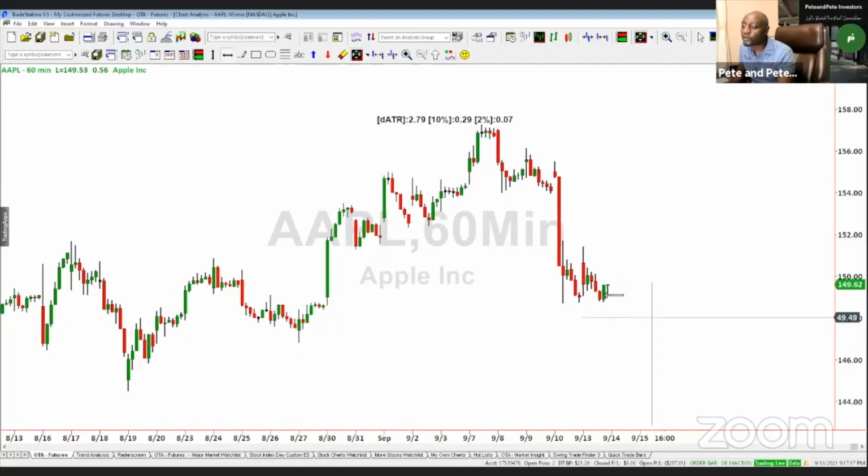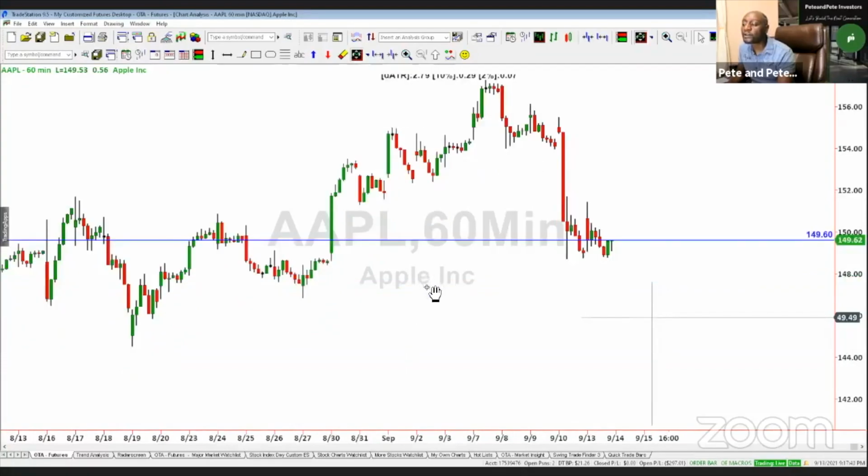This is where you place your current price. So if you are navigating on Apple and you're looking at a 60-minute chart, you know the price is at 149. And let's say you're looking for where the sellers are and where the buyers are. You'll go up to the left for supply, down to the left for demand. And as soon as you find demand, following the process, because it's a process, following the process,